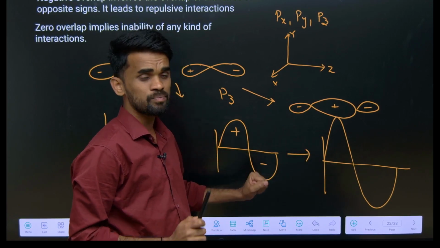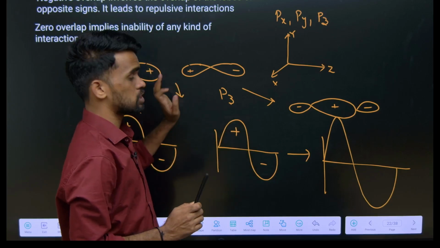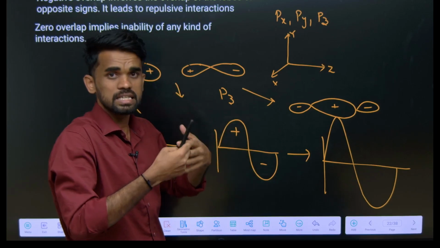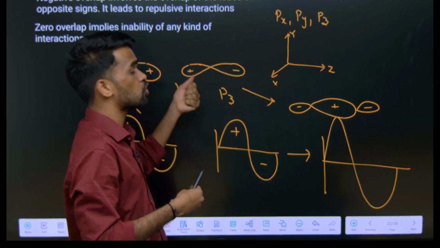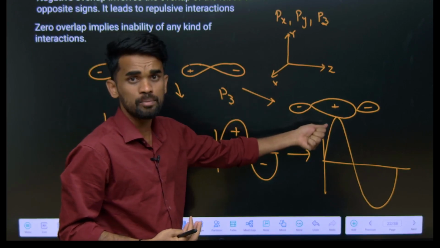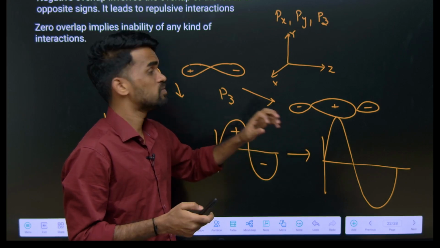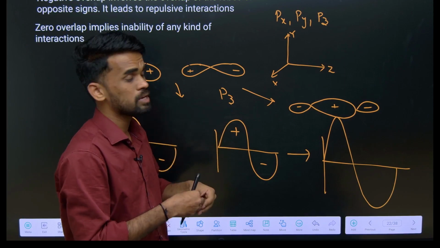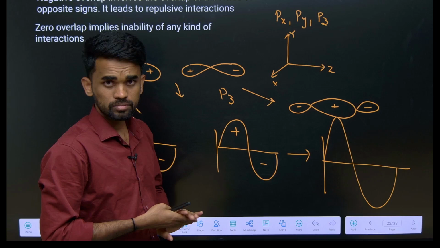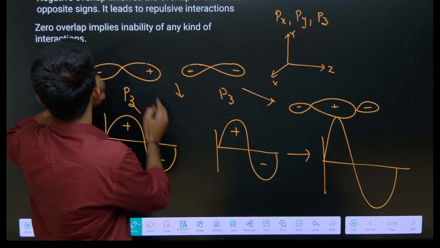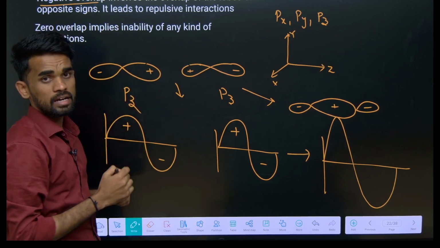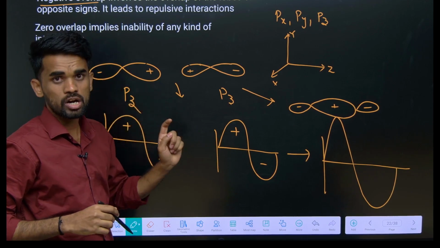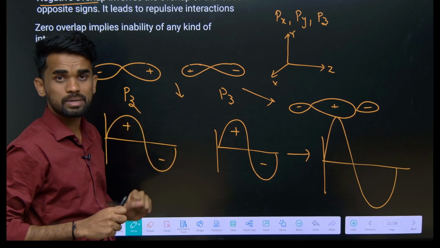Similarly, when we have a positive lobe interaction, or same sign lobes interaction, it results in a positive overlap. If the oppositely signed lobes are intermixed or overlapped, that will be negative overlapping. And if the orientation of the atomic orbitals is improper,